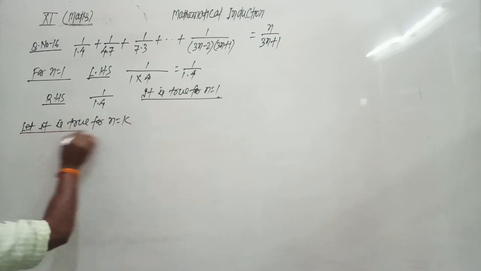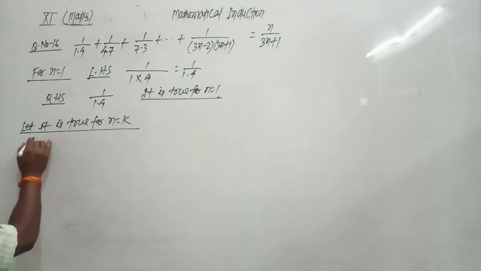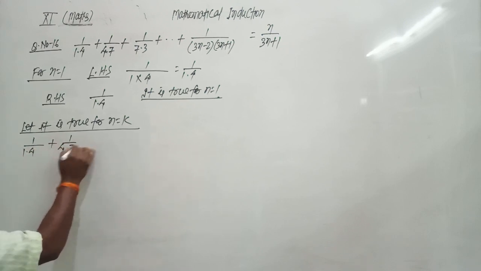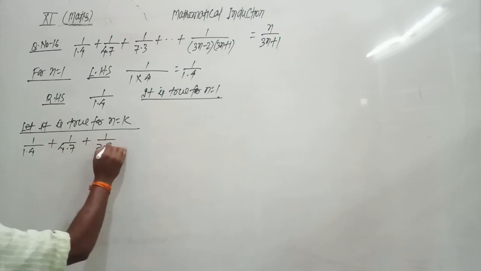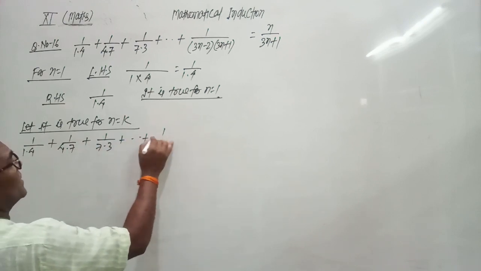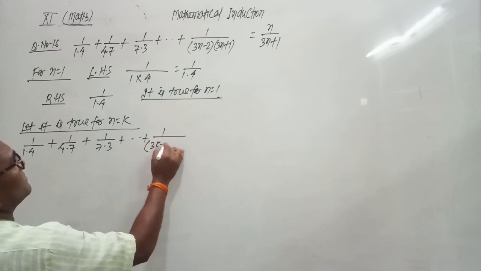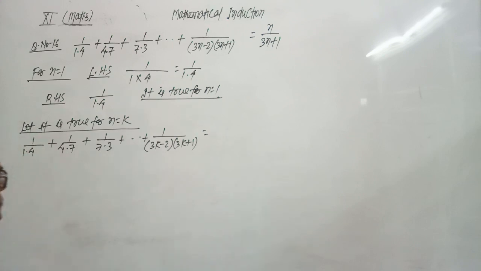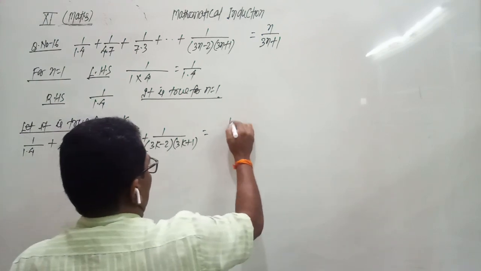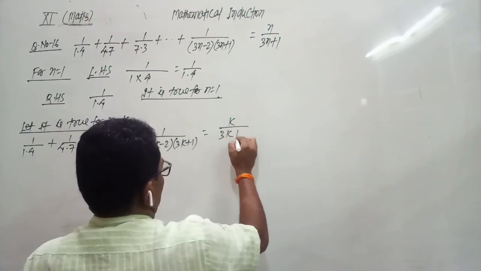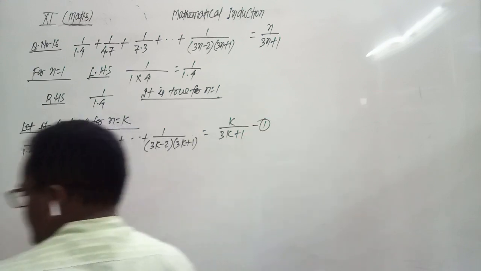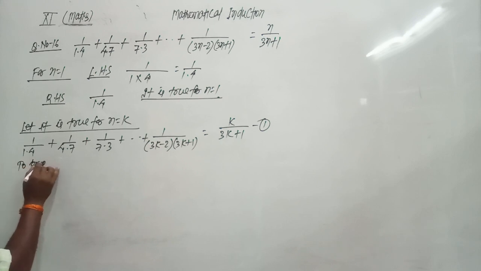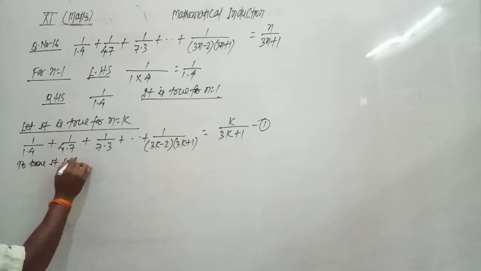Then we suppose, let it is true for n equals to k. So 1 upon 1 into 4 plus 1 upon 4 into 7 plus 1 upon 7 into 10 plus 1 upon 3k minus 2 into 3k plus 1 equals to k upon 3k plus 1, and name it first number equation. To prove it is true